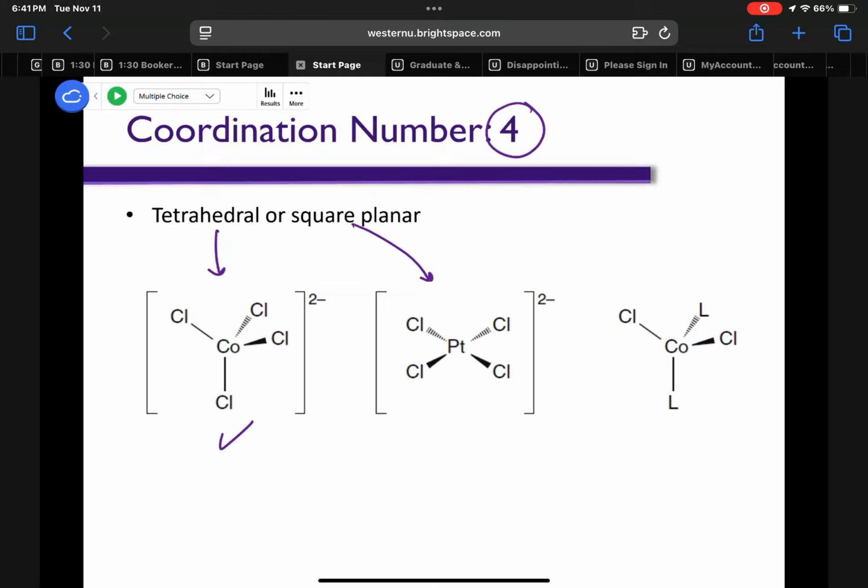Depending on the size of the metal cation and the size of the ligands, there are some trends that we're not going to worry about, and you could make some predictions. But sometimes the difference between the stability of tetrahedral versus square planar is so close that it could even go back and forth. So unless you're told for our course, or you're given hints or clues to let you know which one it is, we can't predict just by looking at the complex formula which structure it has. That said, we have different types of isomers that can arise from these different shapes, and this could be a clue that helps you determine